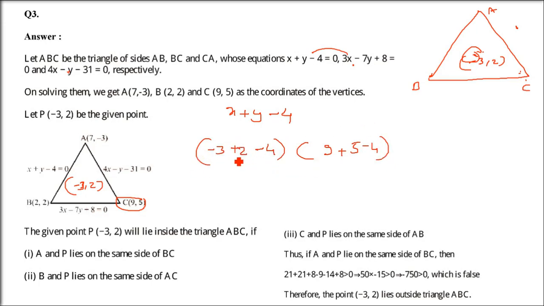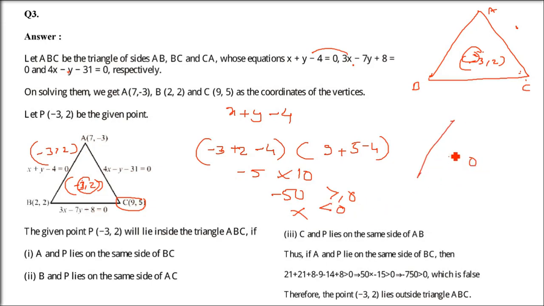And I have to multiply them and see whether they are greater than or equal to 0 or less than or equal to 0. So this is 2 - 7, that is -5. Okay, it's -5. And here you get 9 + 1, 10. You're going to get 10 here. And if you see, this is negative. -50 is negative. Is it actually greater than or equal to 0? No, it's less than or equal to 0. That means this (-3, 2) is not on this side, it is on the opposite side. That proves that (-3, 2) is not inside the triangle, it is outside the triangle. I hope, when those two points are on the same side, it has to be greater than or equal to 0 if you multiply. If they are on opposite sides, that is less than or equal to 0. So you don't have to check for the other two.